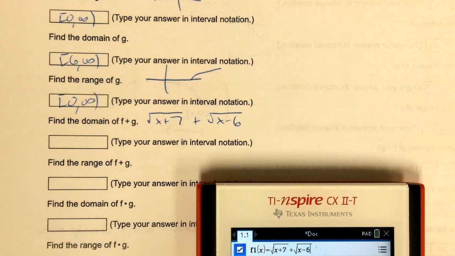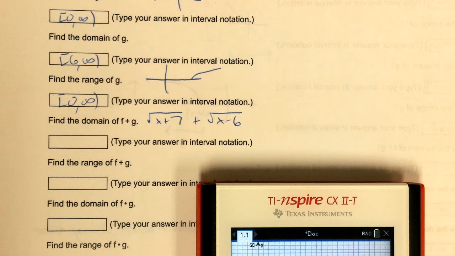If you forget, it'll look weird, like nested square roots, one on top of the other. Okay, so there's our graph. We need to find that point. If we look in our table, it looks like 6 has a number. So from 6 on,